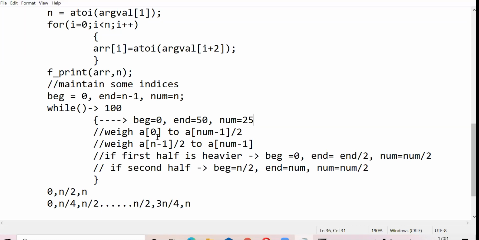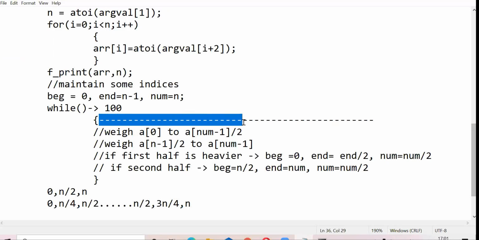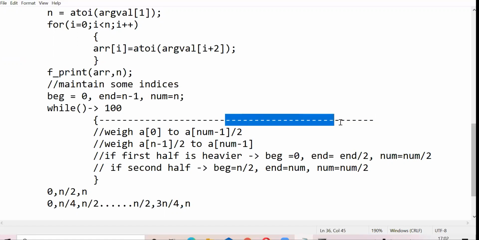Yeah. So what I'm suggesting you to do is at every time you just keep track of what is the beginning and what is the end. In this entire array, assume that these are all your coins, which I show by dashes. In this loop, I'm trying to keep track of this beginning and this end. Assume that initially my beginning and end is this. Then I split it into two inside your loop, and after splitting, I get to know which one is lighter. Assume that the second one was lighter. So in the loop, I'll set my beginning to be here. Beginning will come all the way from here and end will remain here.